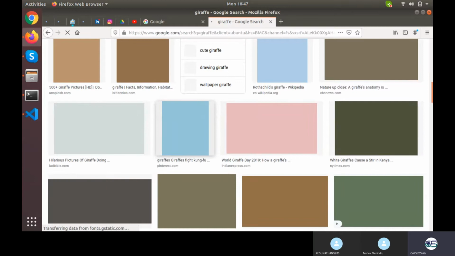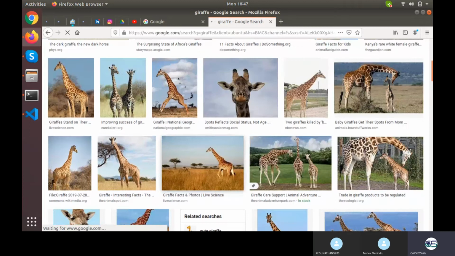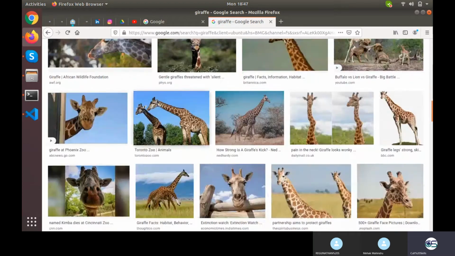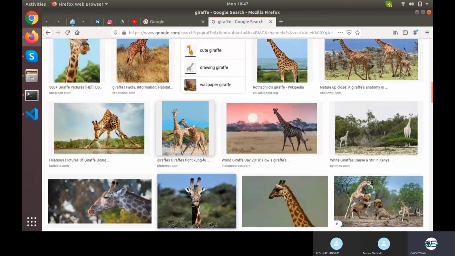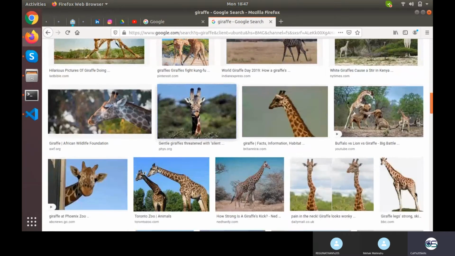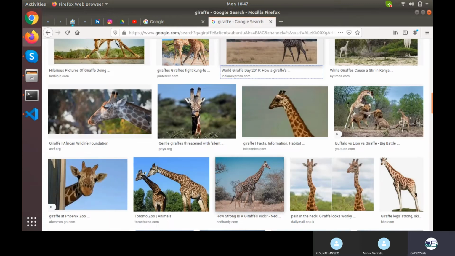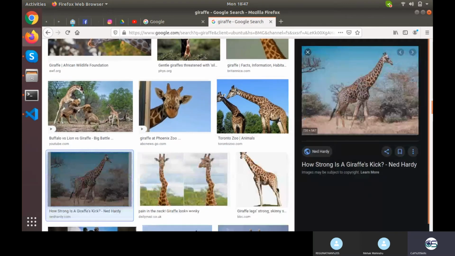I'll take some image which I have not already taken. My internet is going so slow. So I'm taking this one, and I'm very sure that it might not give me the output as giraffe, but let's see.